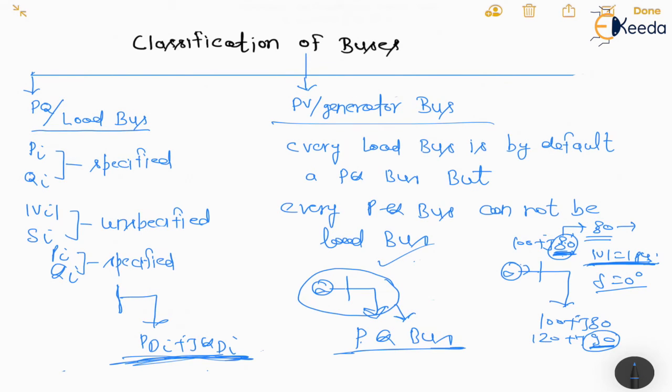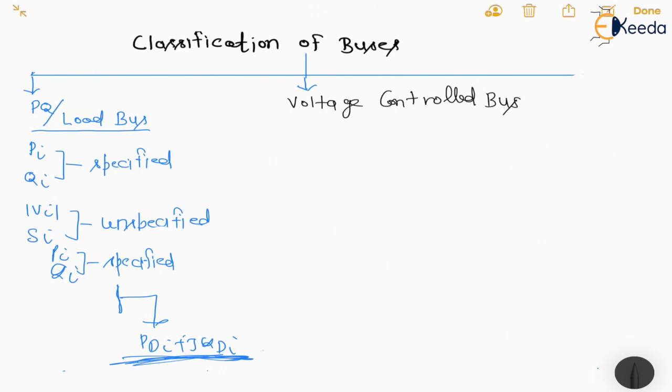So you can see that whenever the reactive power limit is violated or the excitation is constant, that generator bus will convert to the PQ bus. Now we are discussing the voltage controlled bus. Basically, what is a voltage controlled bus? A voltage controlled bus is a different kind of bus, like tap changing transformer, booster transformer, STATCOM, static VAR compensator, and